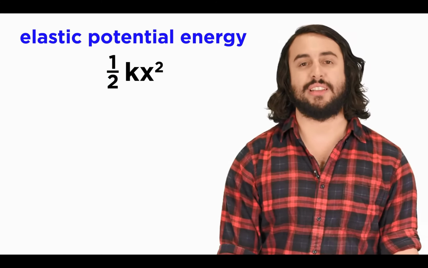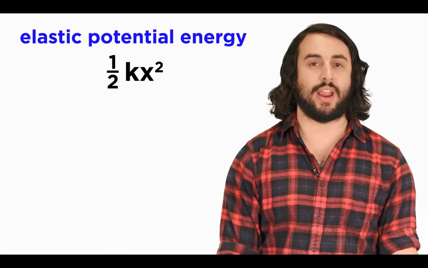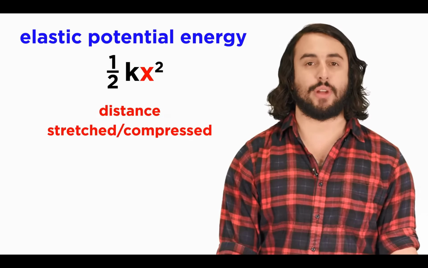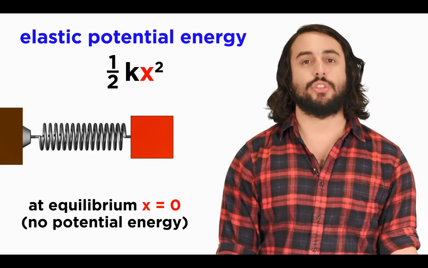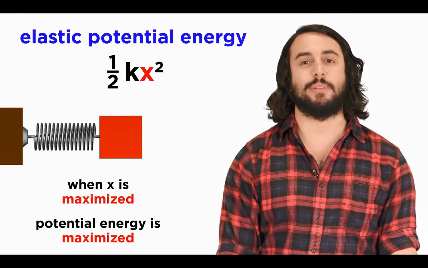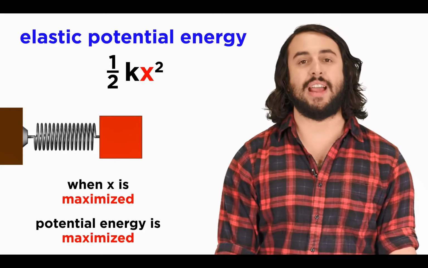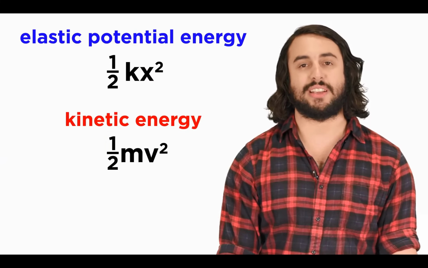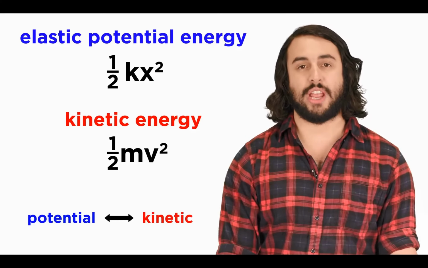Let's also note that the elastic potential energy of a spring will be equal to 1/2 kx squared, where k is the spring constant and x is the distance it is stretched or compressed. At equilibrium, the distance is 0, so it has 0 elastic potential energy, and the maximum elastic potential energy will occur at the maximum distance from this point on either side of the oscillation. This expression looks similar to the expression for kinetic energy, which is convenient since the two will interchange as the